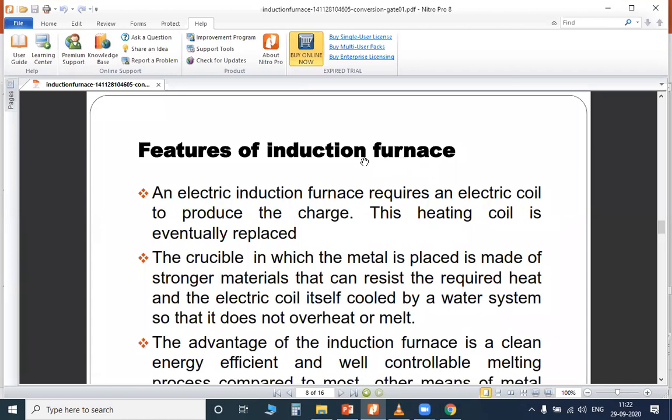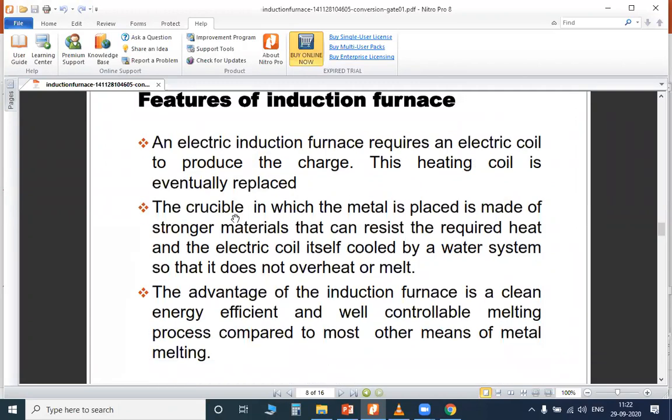So what are the features of the induction furnace? An electric induction furnace requires an electric coil to produce the charge. So the first one is the electric coil is required. This heating coil is eventually replaced. The crucible in which the metal is placed is made of stronger materials that can resist the required heat, and the electric coil itself is cooled by a water system so that it does not overheat or melt.